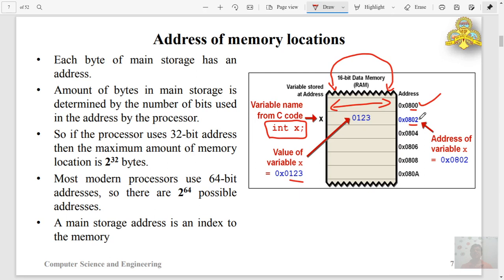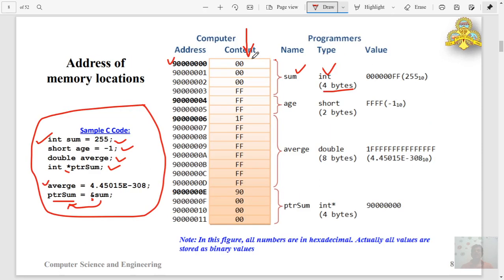Sum is declared. It is of the type integer and the memory allocated is 4 bytes. These are the 4 byte locations and the value stored in that memory location is 255 in decimal.